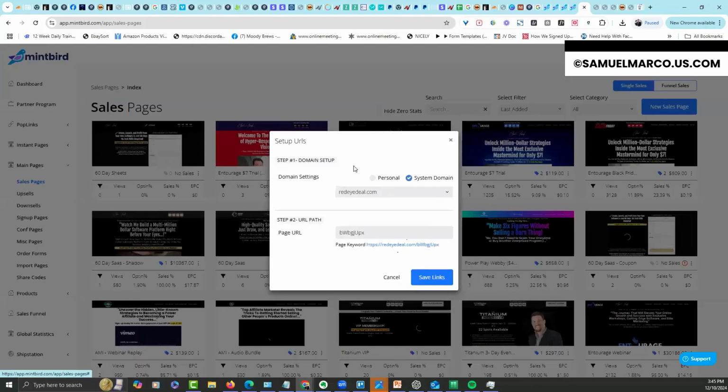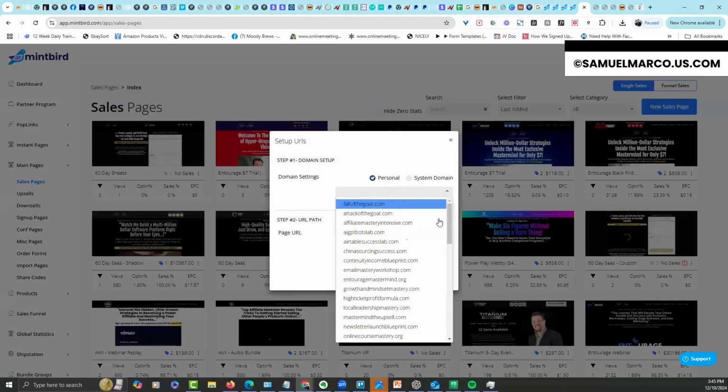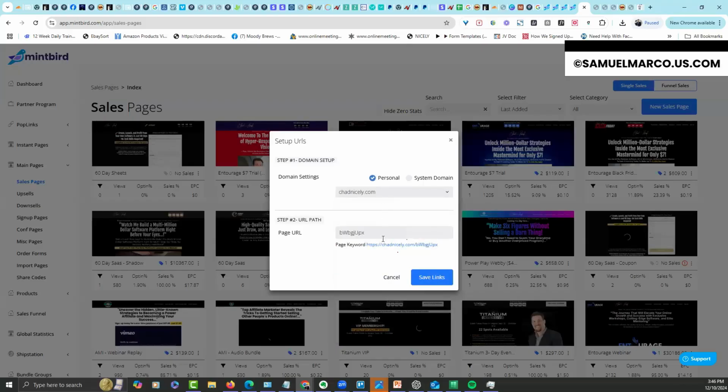Let's set up our URLs here. I'm going to do chadnicely.com under personal. Let's see where that's at. I can do black box shadow intensive, or I could do one of our new ones. We purchased these two domains today. They're already hooked up. But let's come over here to chadnicely.com and we'll do 60-day